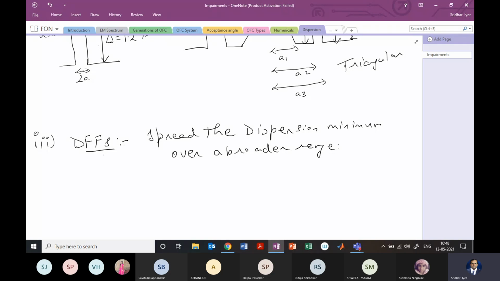But the problem is these kinds of fibers are complex to design compared to your DSF, because you're considering the dispersion over a range of wavelengths, right? But they do provide us with other advantages, but it is difficult and complex to design them, right? These fibers can be used in WDM networks, which is wavelength division multiplexing networks, and we'll see that later in module 5 how it can be used for WDM systems, right?